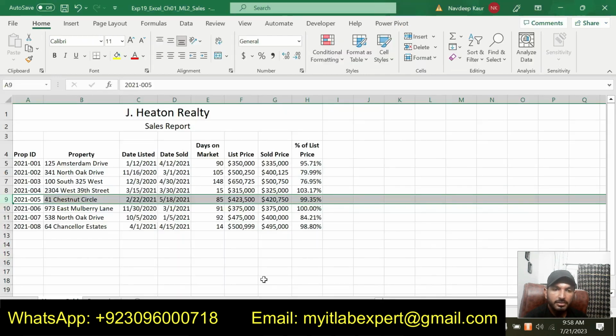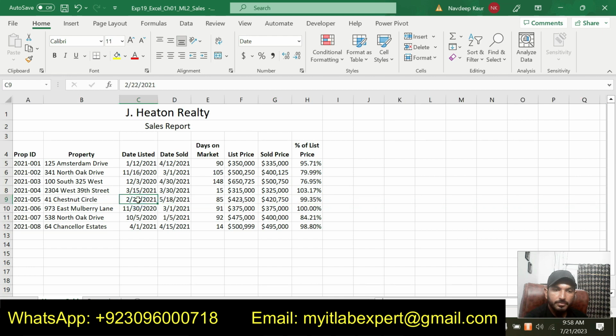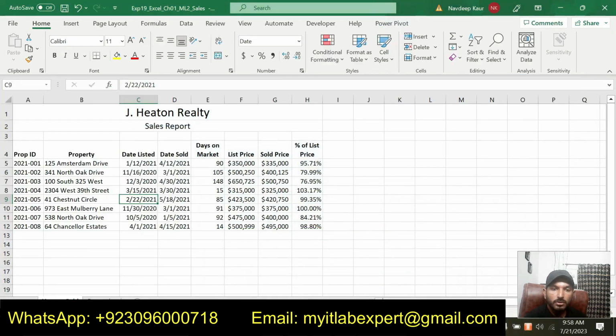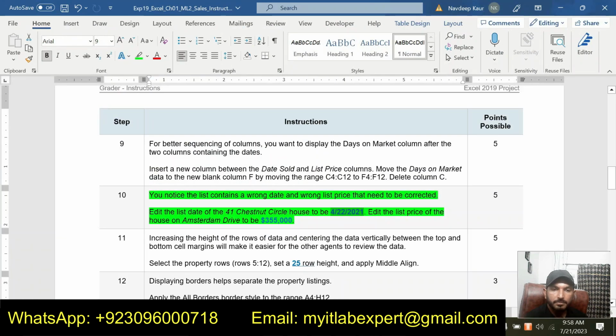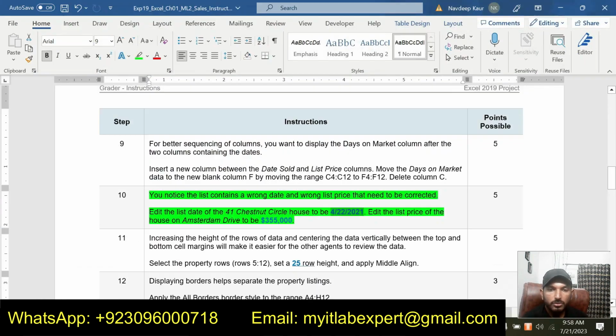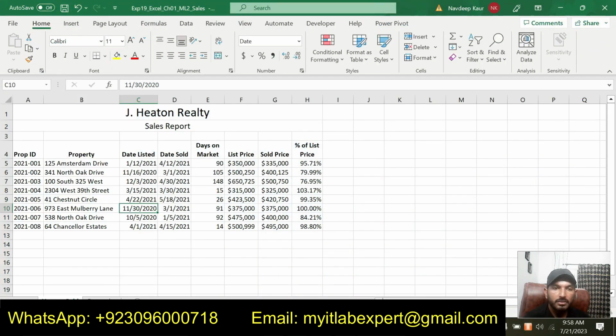So list date listed is this one, and we are supposed to make this 4/22/21. So we will make this 4/22/21. So we have changed the date listed for the Circle House.